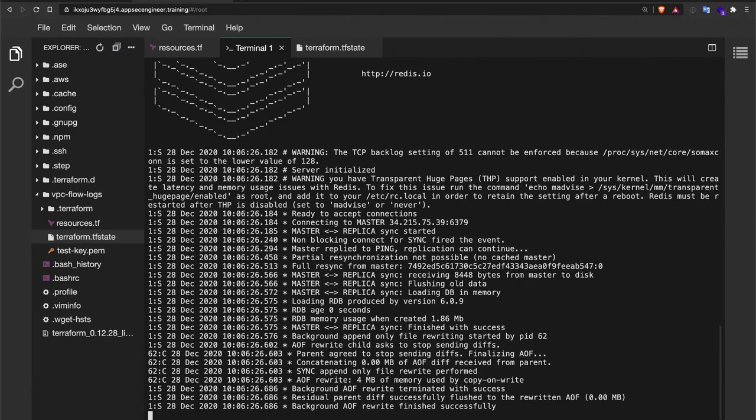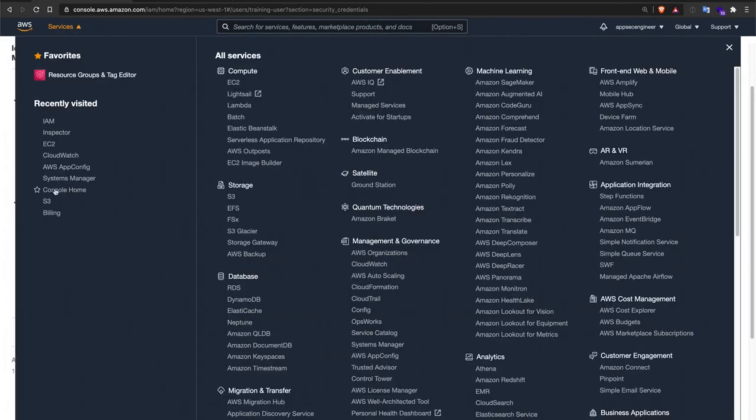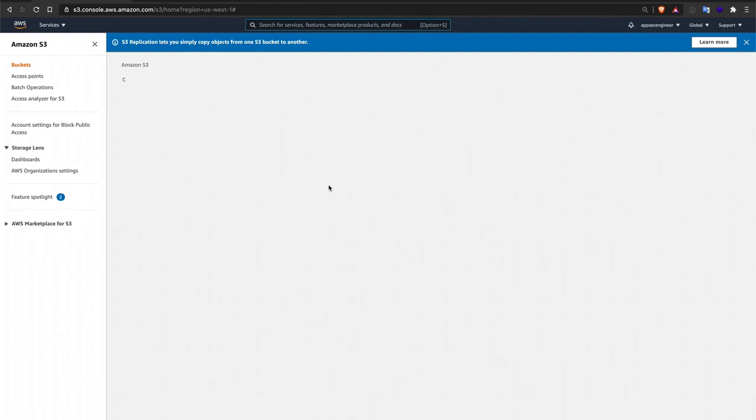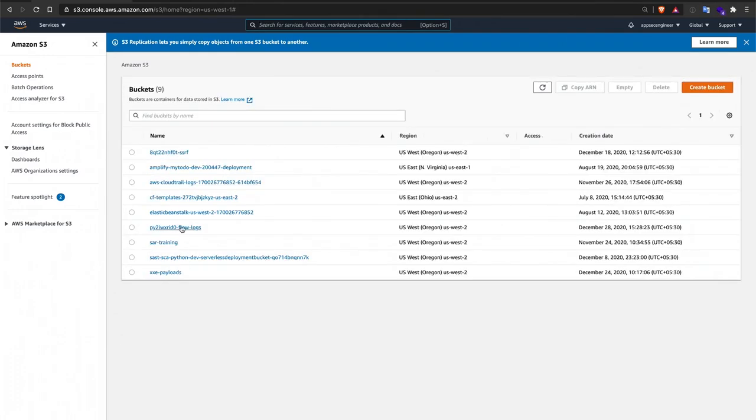However, the idea here is that we want to detect this. We want to be able to use some kind of tool to detect this and find this anomaly in our deployment. So that's where we go to our VPC flow logs. Our VPC flow logs have already started getting populated in our S3 bucket. In fact, if you go to S3 and look at the S3 bucket that we are going to have our flow logs in, you will see that it already has some data that has been populated.